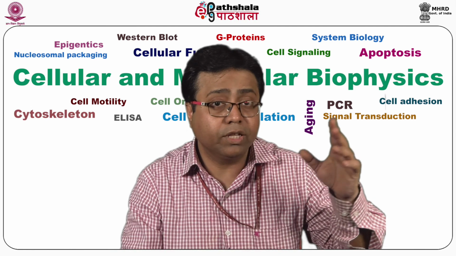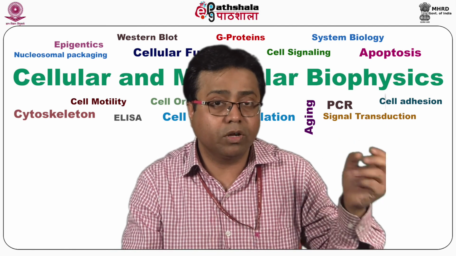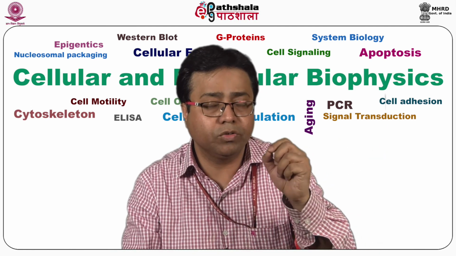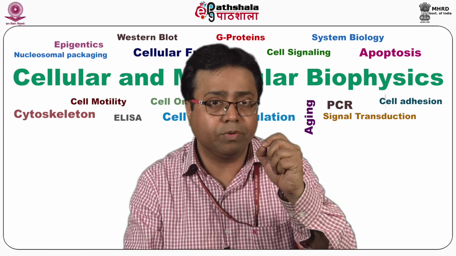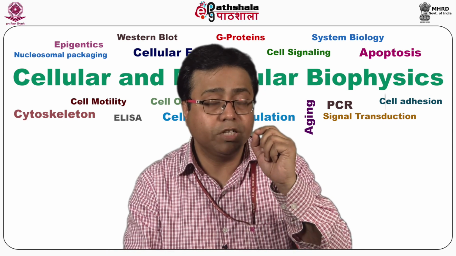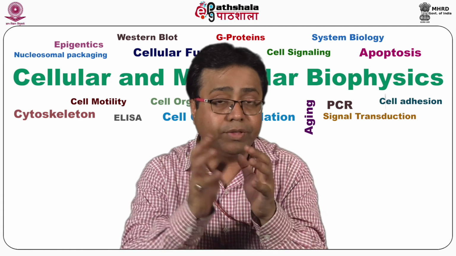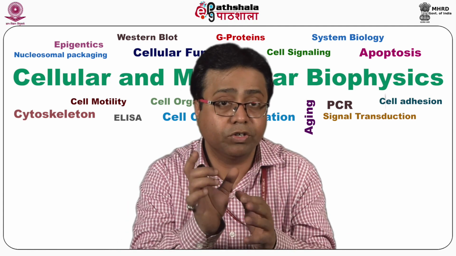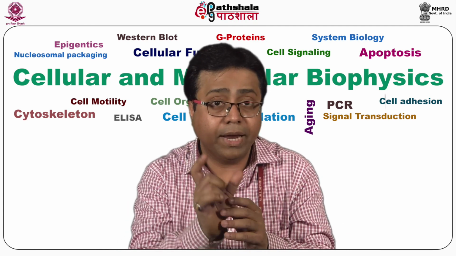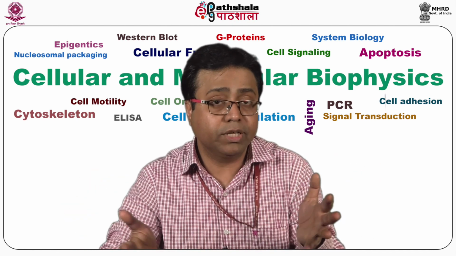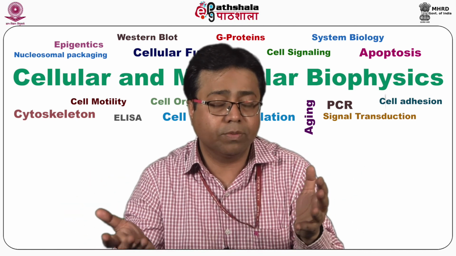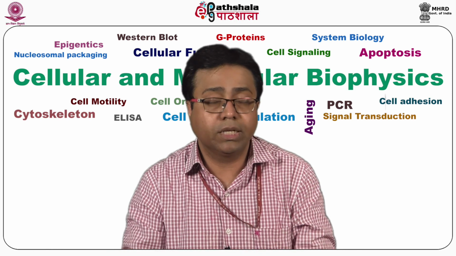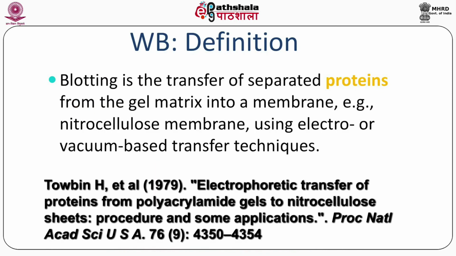Similarly, like in the case of probes in Southern and Northern blot, now you are not going to use probes, you are going to use what you call an antibody, also known as the primary antibody. The primary antibody is going to be very specific for its target and is going to bind with that, and once it binds, we are going to get a blot or a band within a particular gel, and that tells us whether the particular antigen or the particular target is present within the cell.